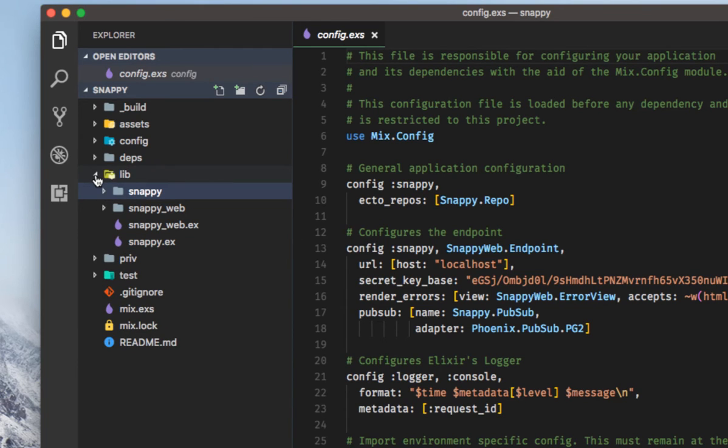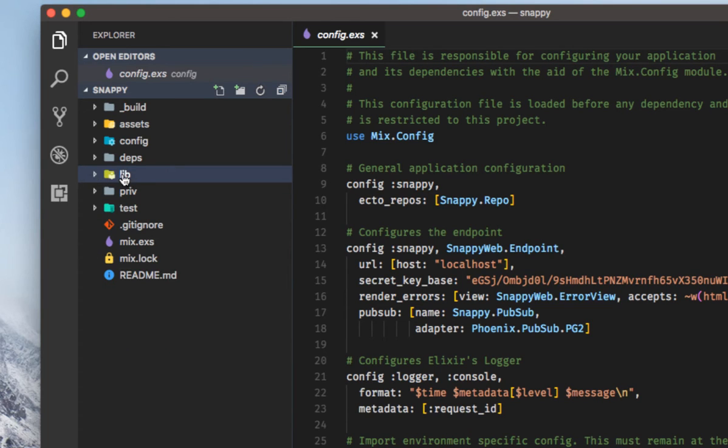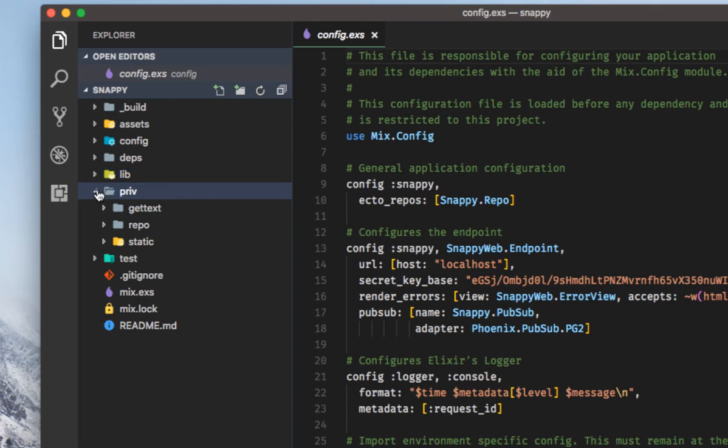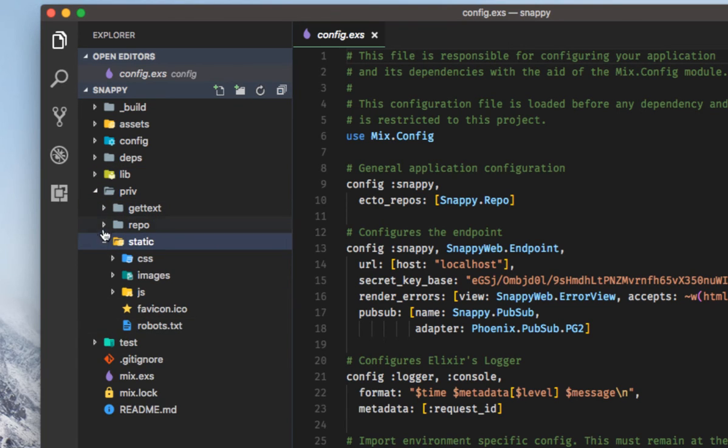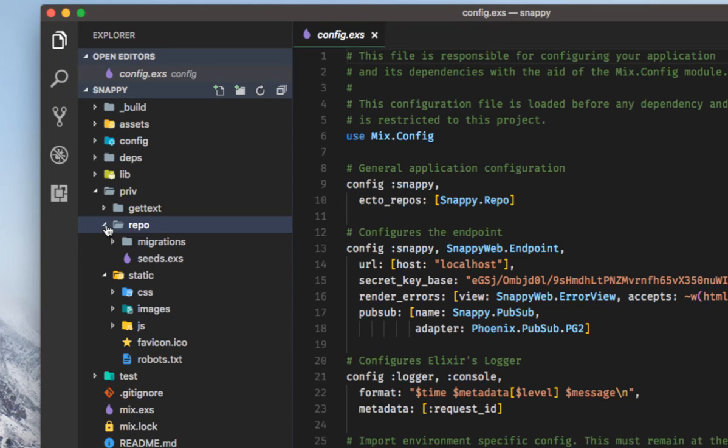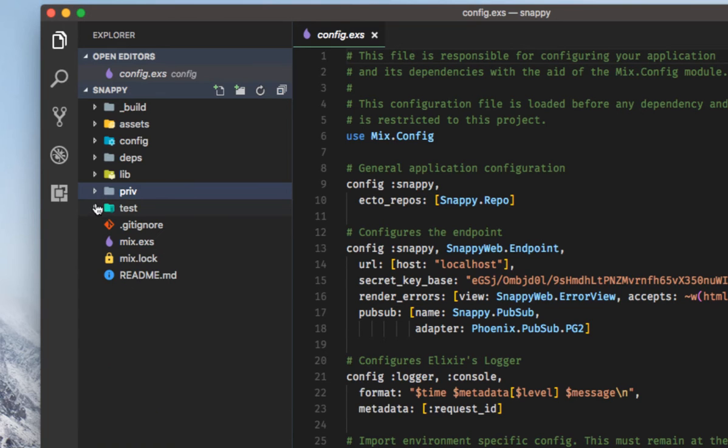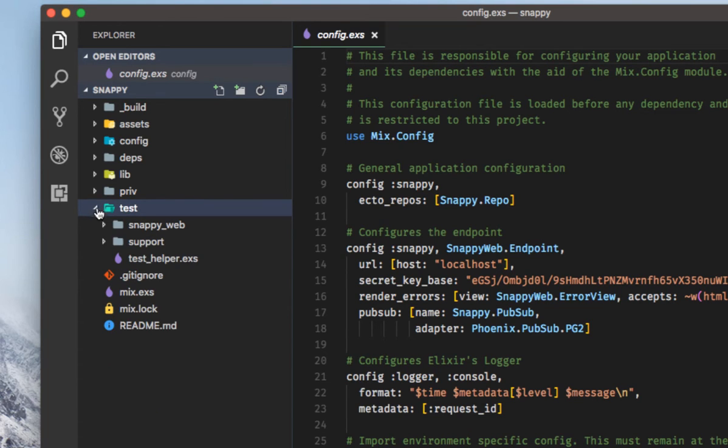So again, all of our code is essentially going to live inside the lib folder. The priv folder we're going to skip for now. It has the built static assets as well as information about repo, which is the repository. We'll use this when we worry about connecting our database. And finally, we have a test folder, which is going to have all of our generated tests as well as